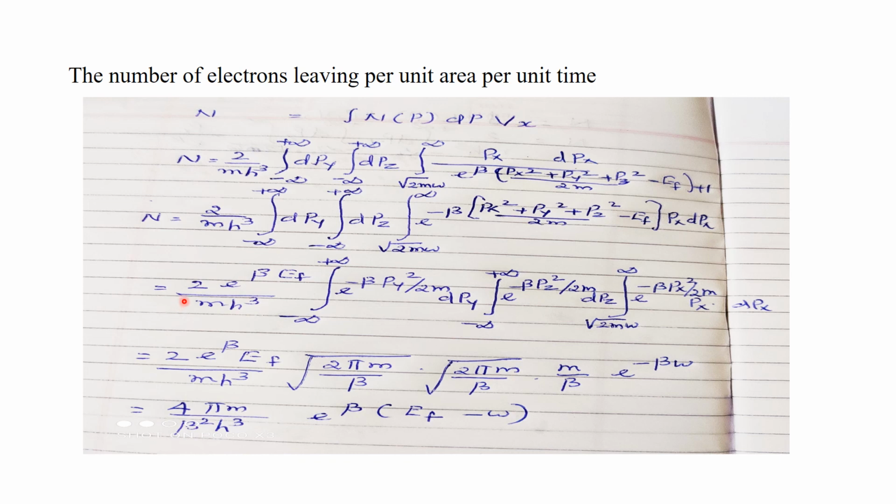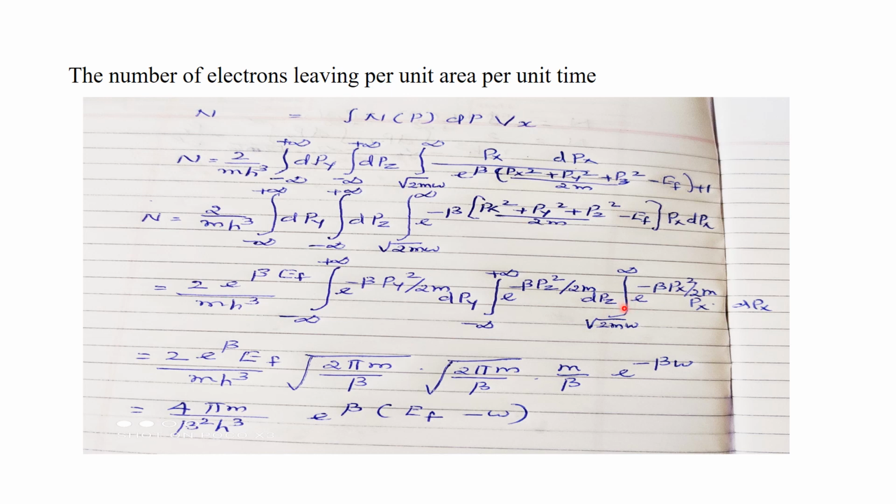Multiplying these terms, we get 2 into e raised to beta Ef divided by h cube, integral from minus infinity to plus infinity e raised to minus beta py square by 2m dpy, integral from minus infinity to plus infinity e raised to minus beta pz square by 2m dpz,